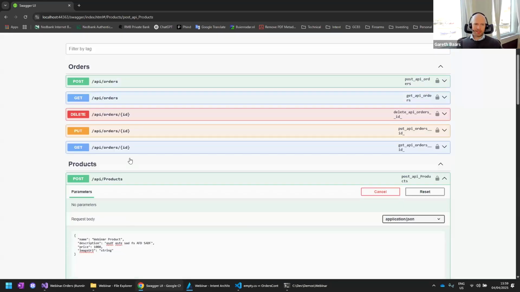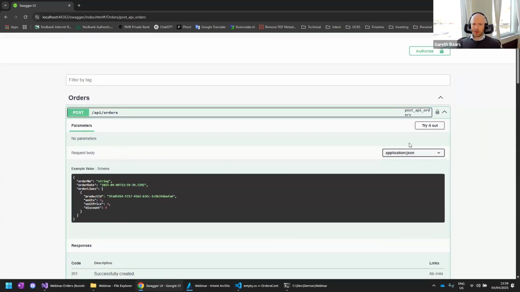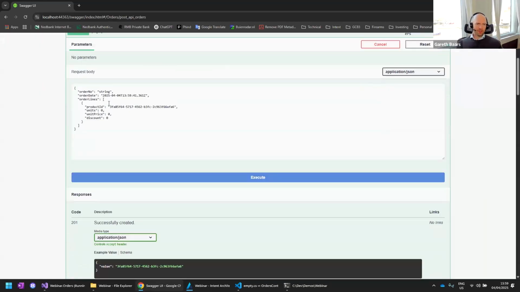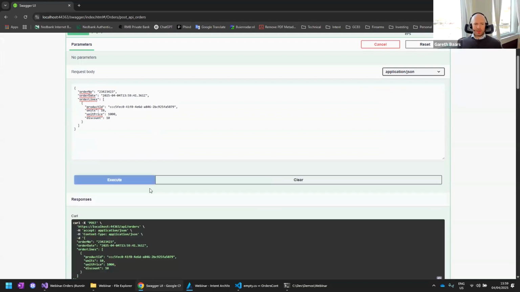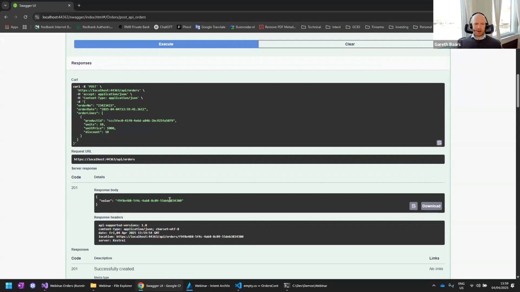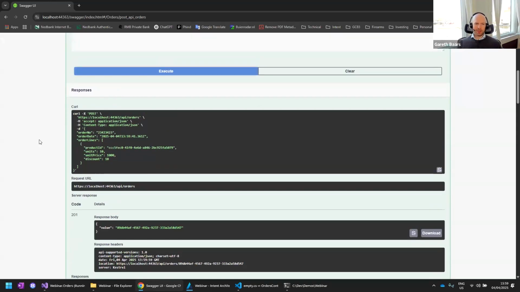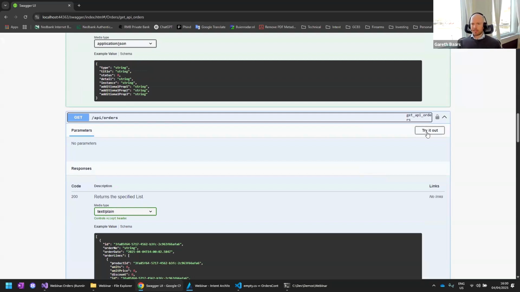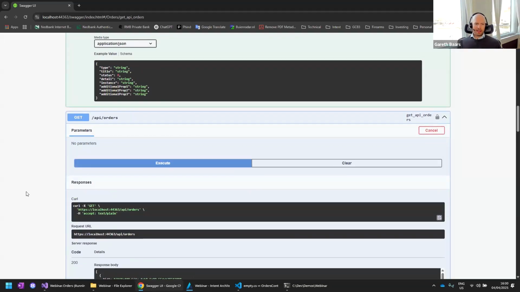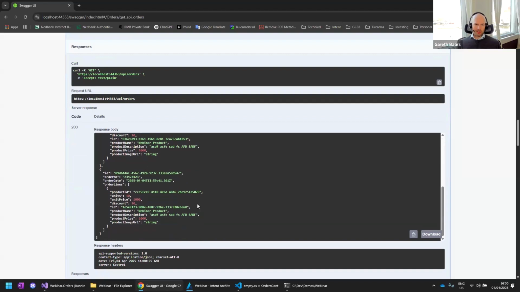So we can just copy that ID over here. We can come to the order and we can try it out. And you can see it's already got a single order line over here. So we'll just go and replace this ID with the product ID. We'll say 10 units, 1,000 euros, 10% discount. And we'll just go ahead and give it some random order number, execute that. There's our 201. There's our ID. We can execute that again, execute it again. So we've got 3 orders that we've created, and I can go to my API, my API/orders, try it out, and it'll fetch out all of those orders for us, right?